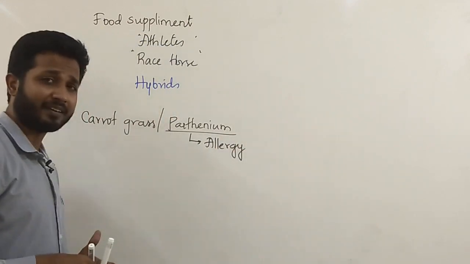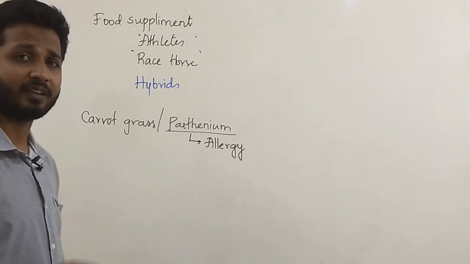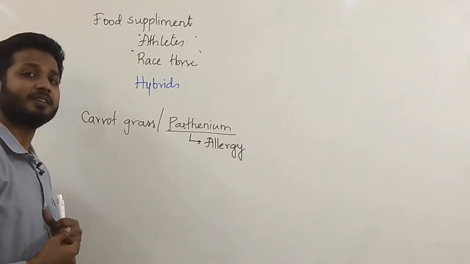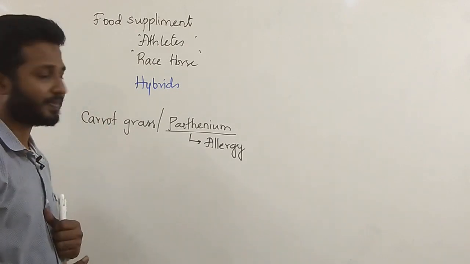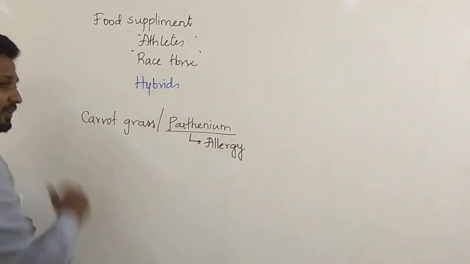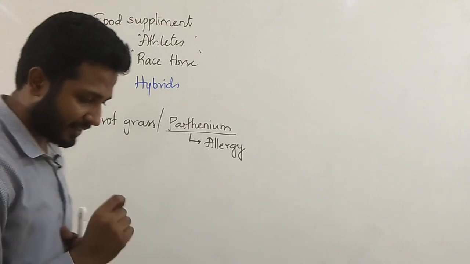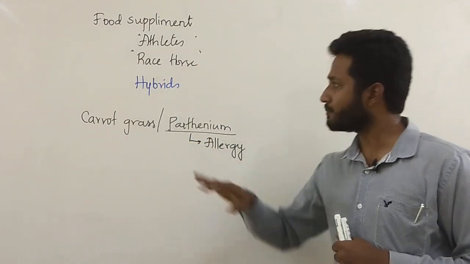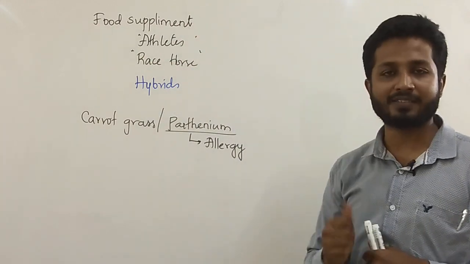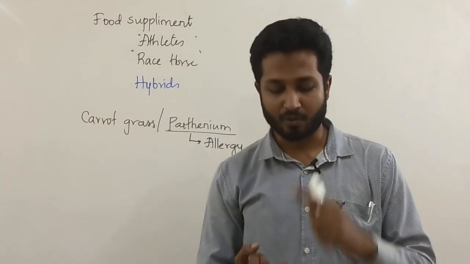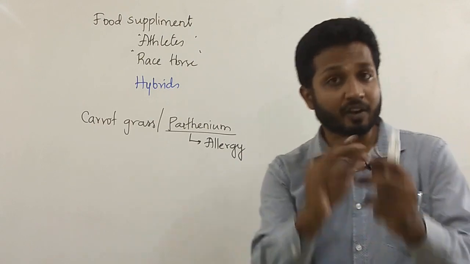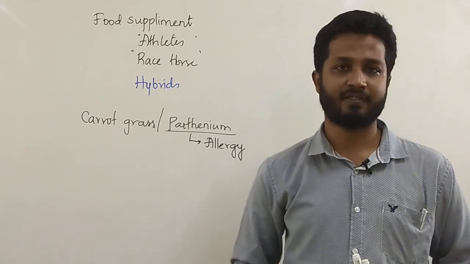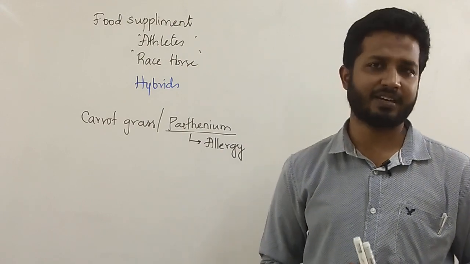Not every plant is economically important or commercially important. Some of the pollen grain in the plants cause problems too. Okay? So this is about pollen grain. Now the last part that we will discuss under the male reproductive system is, see, since pollen grain are important too, and some families like Solanaceae, Rosaceae, Leguminaceae are economically important. They are needed in day-to-day life. Even grasses are needed in day-to-day life.